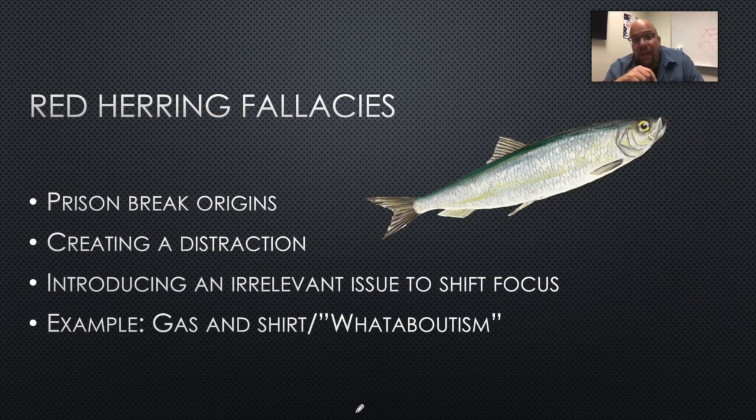Next up is a red herring fallacy. And a red herring is a fish, I know. This gets its name from medieval times and prison breaks. Back in the day, people would go to jail for owing debts, debtors' prisons. And they were very low security, and people would often break out and try to run away. And what would happen, of course, you've heard, release the hounds. Well, that's what would happen. You'd run away, they'd find that you were gone, they'd release the hounds, and the hunt was on for you.